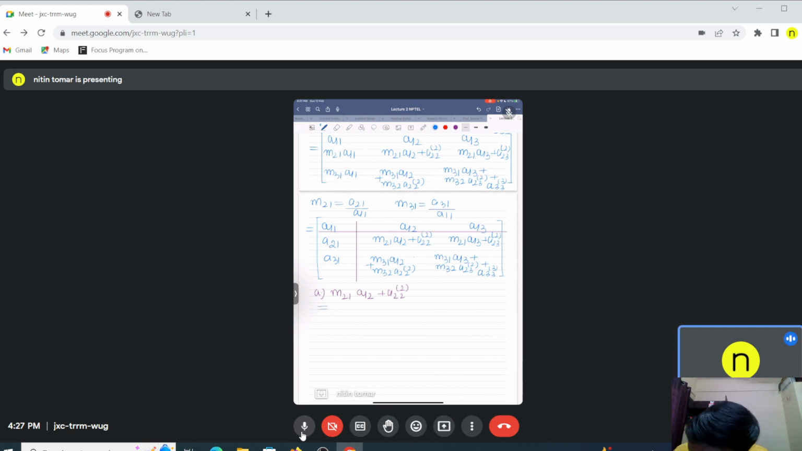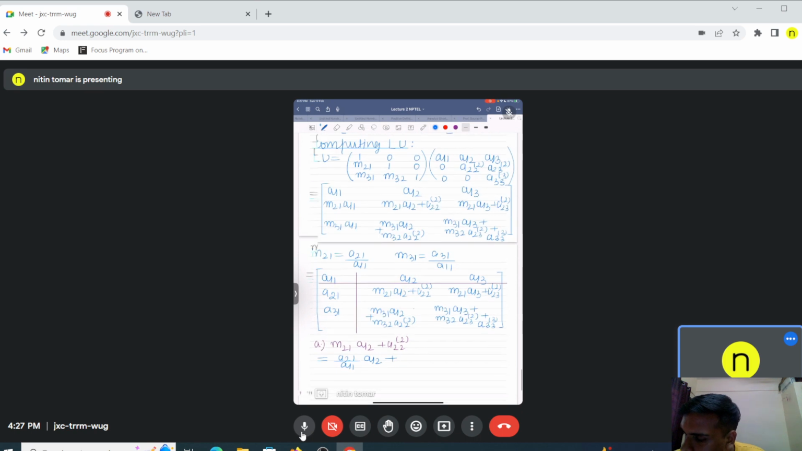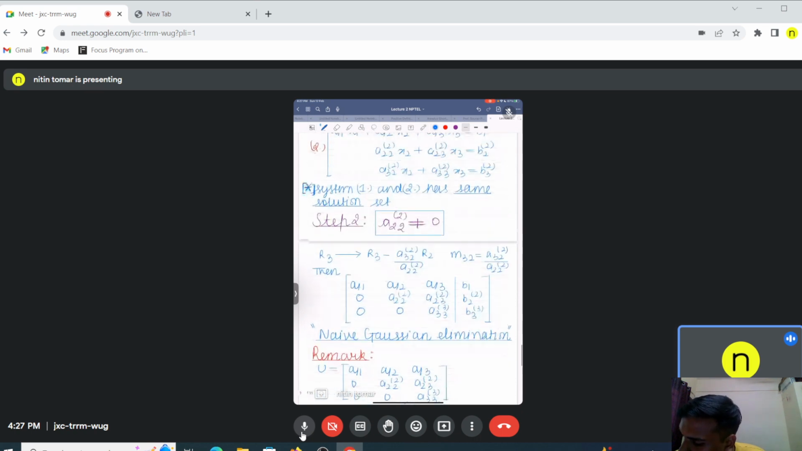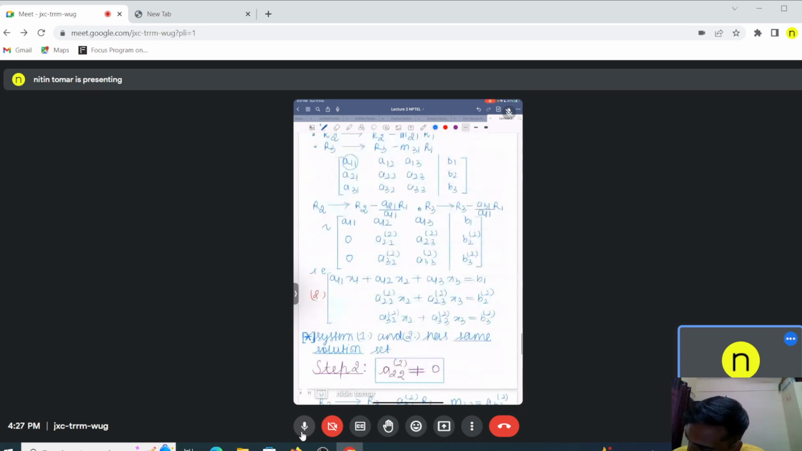So M21 is A21 by A11, then A12, and let's go to A22. How did A22 come? It came like this, right? Here it came, correct? Yes. So what should it be? A22 should be, following the operation, A22